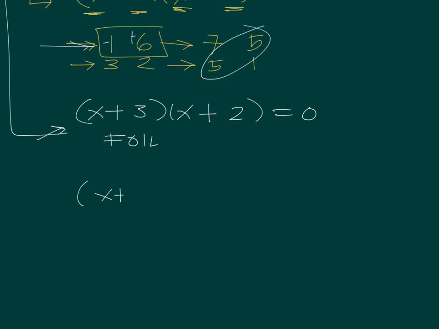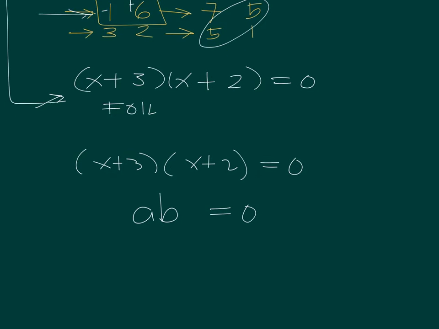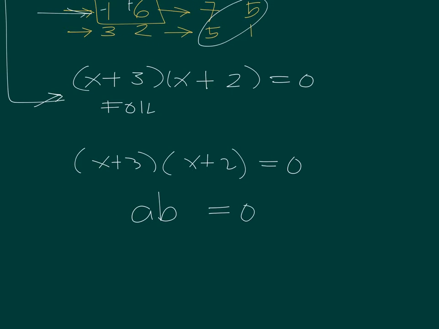You have x plus 3 and you have x plus 2 equal to 0. Now, there is a rule in algebra that when you multiply any two values and they end up with 0, say A times B equals 0, then we can say that either A is 0 or B is 0 or both of them are 0. Now, that idea is used in quadratic equations. If you are multiplying x plus 3 and x plus 2 and they end up as 0, then that means